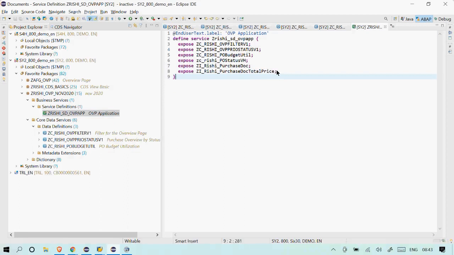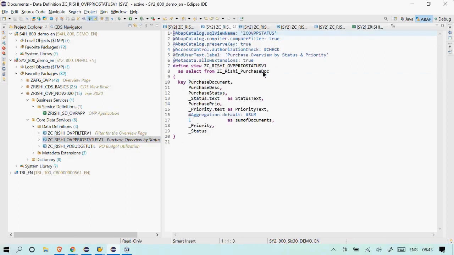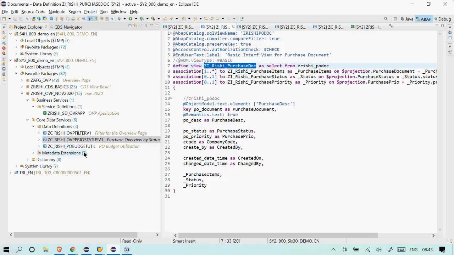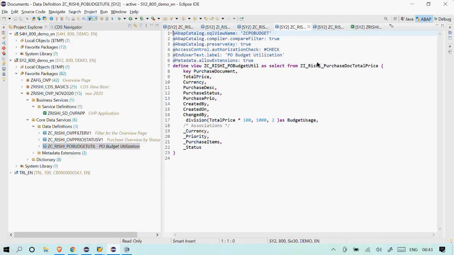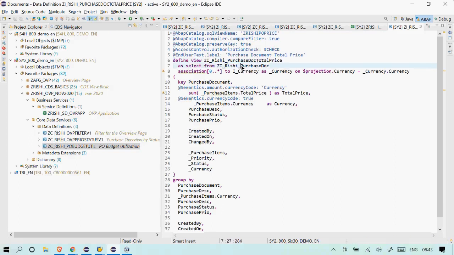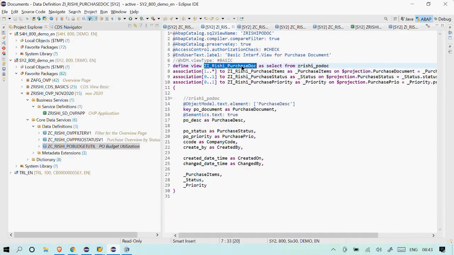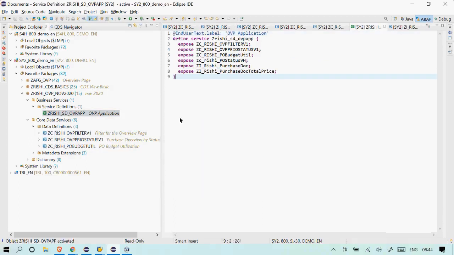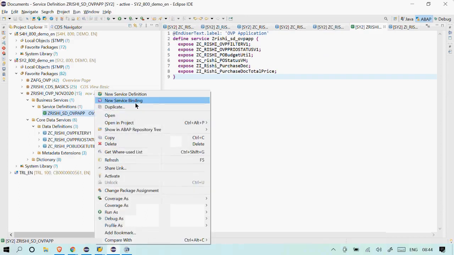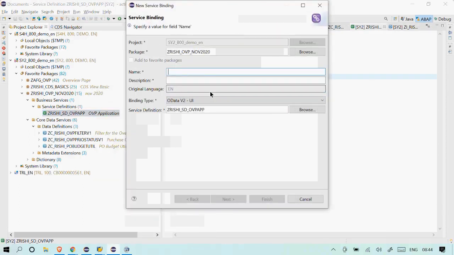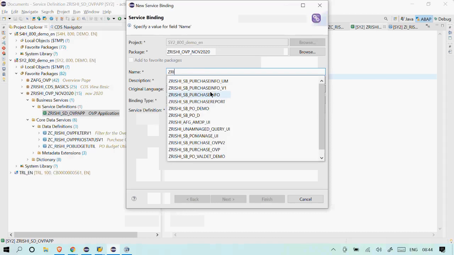Save and activate. Let me check if there are any underlying views that need to be added here. So this is the main view, that is fine. And this is on top of pure document total price, so it is on top of another. This is also on top of my existing one, so fine. We have already exposed all the views which are there, and I will try to create the service binding for the same. So I give this a name